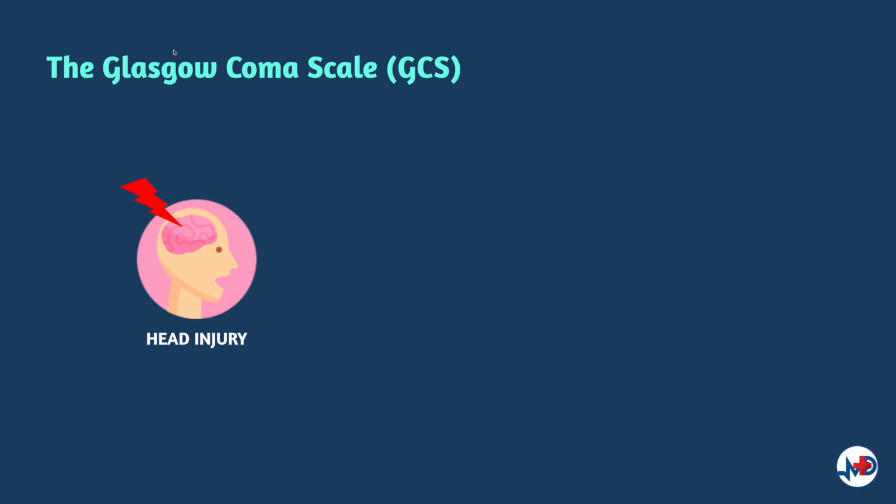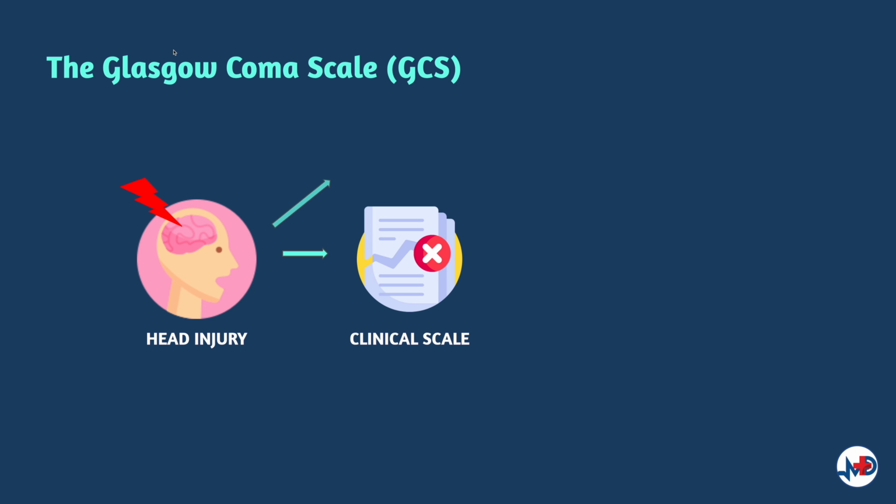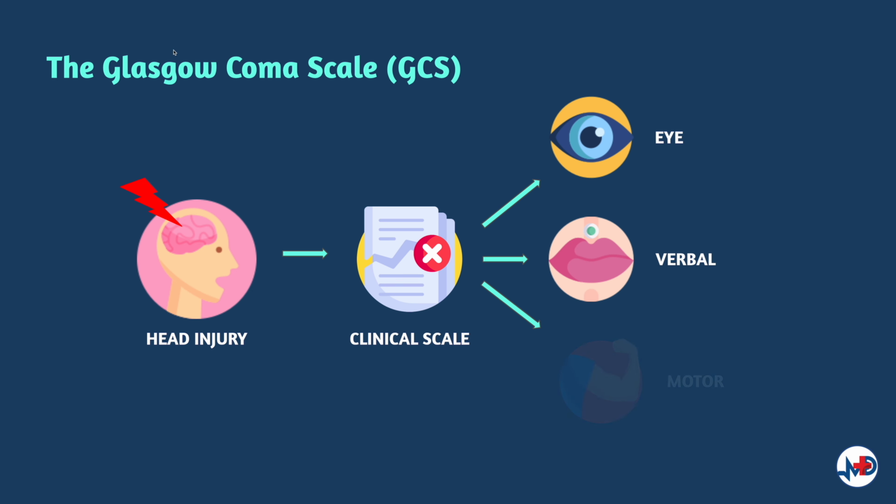The Glasgow Coma Scale, or GCS, is an objective clinical scale used to reliably measure a person's level of consciousness. It was initially used on patients who sustained head or brain injuries. This scale was adopted by the Neurosurgical Nursing Unit and subsequently is now being used by all specialties in the evaluation